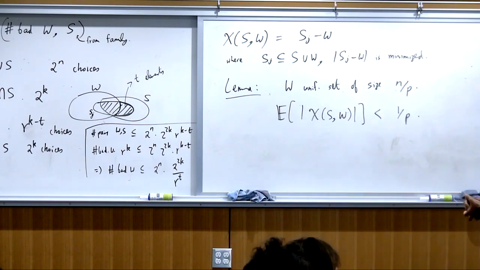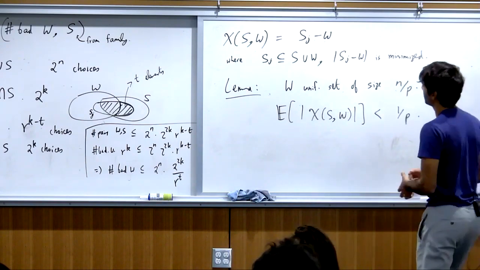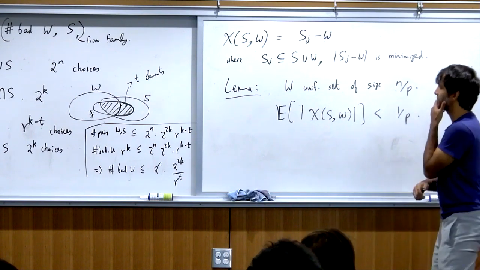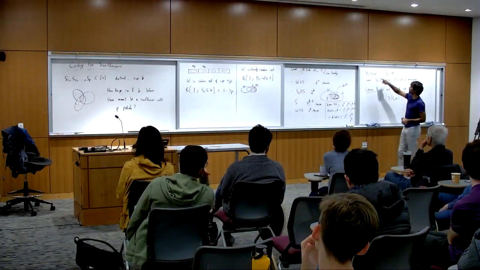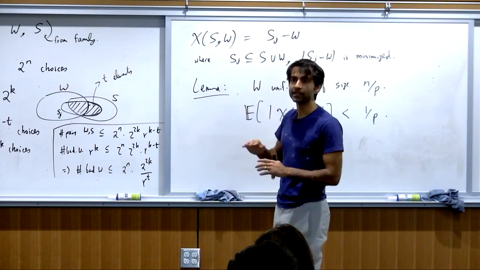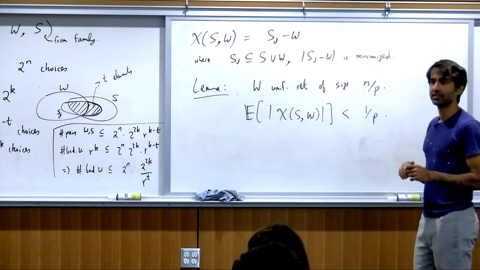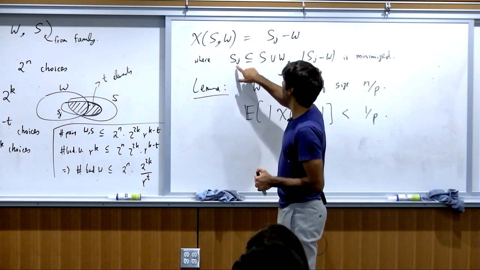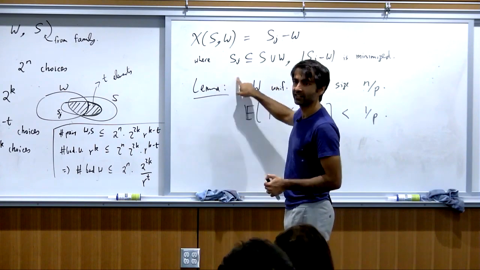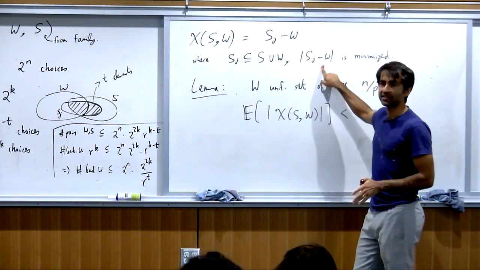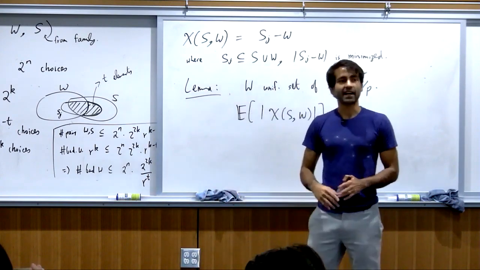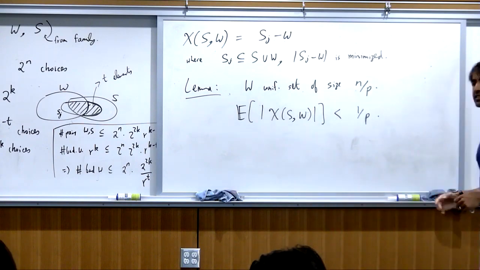This is what I'm going to prove, and that actually implies that bound. So maybe a couple of observations about chi SW. The first thing is that if W includes some set of the family, then chi SW becomes empty for every S, because as soon as there's some set Sj that's completely contained in W, then that Sj is a candidate here, and Sj minus W is empty. So when a set of the family is contained in W, then chi SW vanishes for every S in the family.